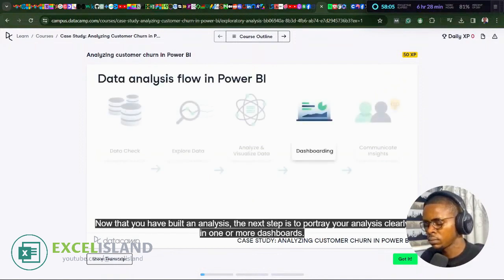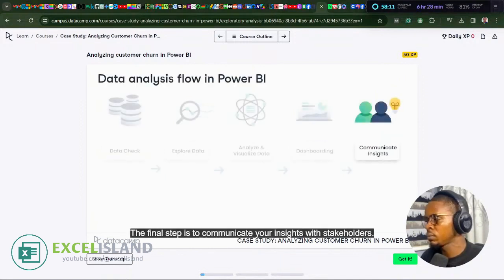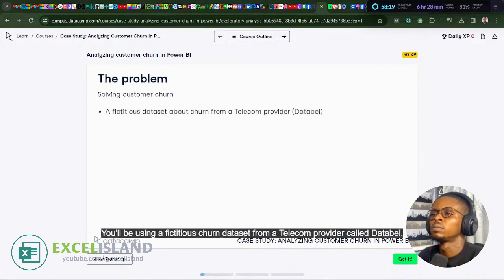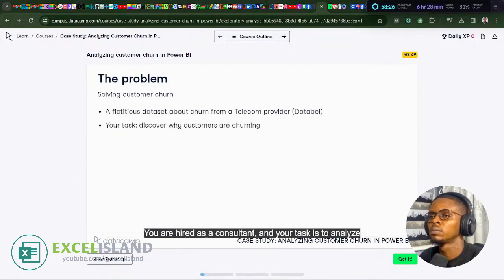Now that you have built an analysis, the next step is to portray your analysis clearly in one or more dashboards. The final step is to communicate your insights with stakeholders. The problem you will be working on in this course is customer churn. You'll be using a fictitious churn dataset from a telecom provider called DataBell. You are hired as a consultant and your task is to analyze why customers